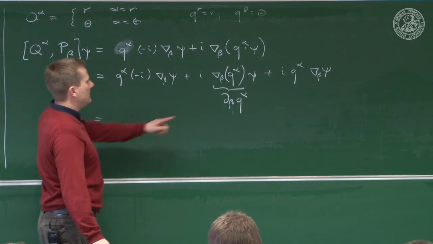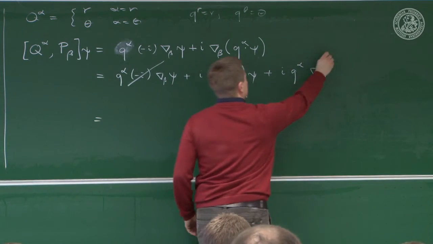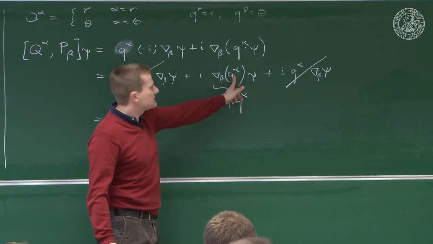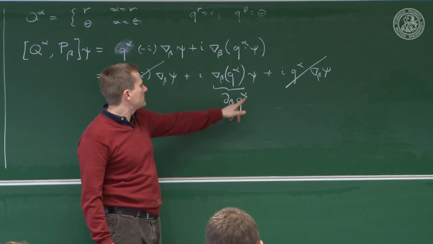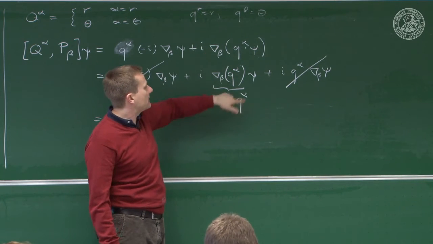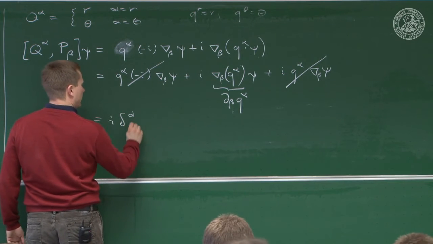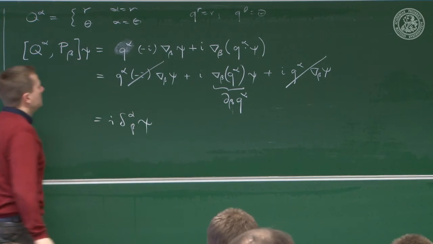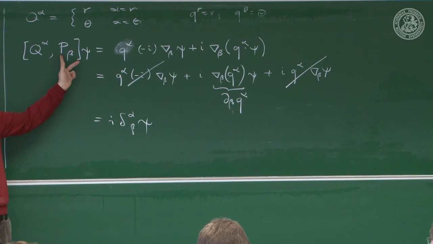But in any case, there's a plus i, there's a minus i. This guy cancels against that guy. And because this is just a function, this is a delta alpha beta, because it's the r by r or r by theta and so on. So this is nothing but i delta alpha beta psi. Hooray! So although we modified this guy by an extra term,